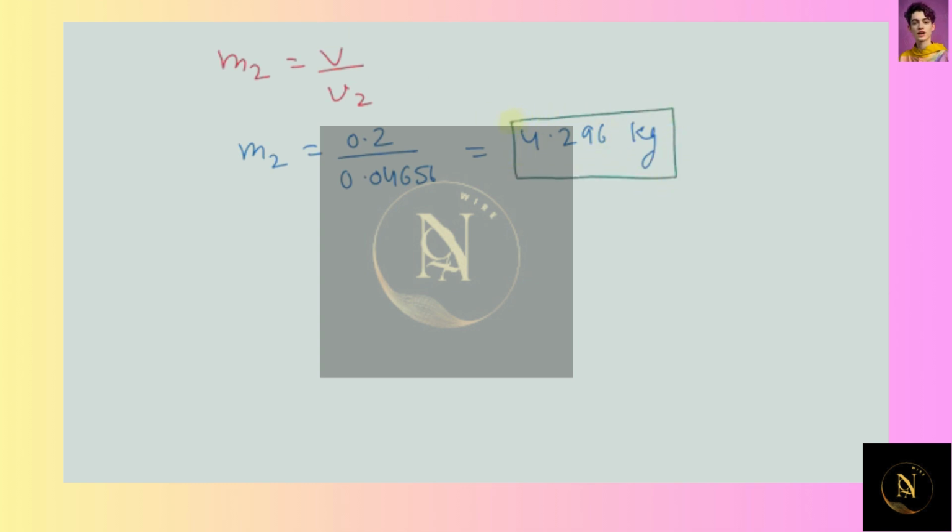And now let's calculate entropy generation during process 1 to 2, and this will be equal to m2 into s2 minus s'. Now let's substitute all the values, so we can write entropy generation during process 1 to 2 will be equal to 4.296 multiplied by 1.7971 minus 1.7198. So when we further calculate, we get